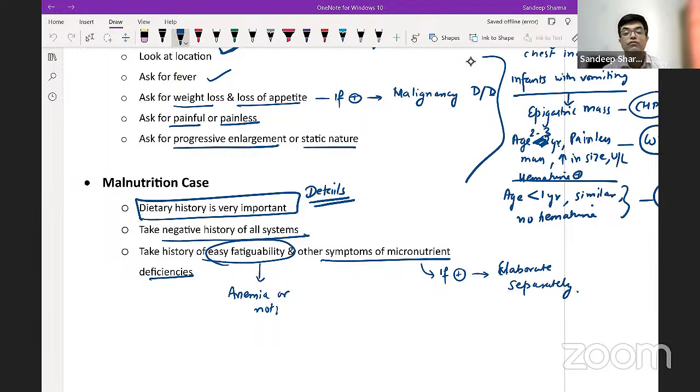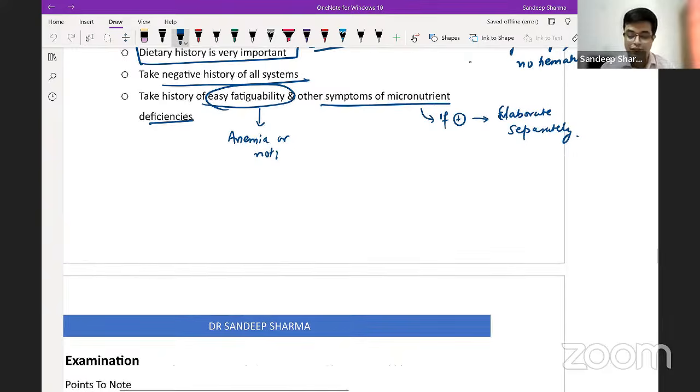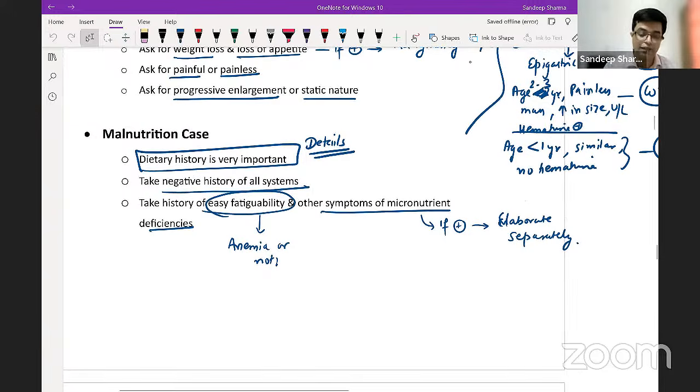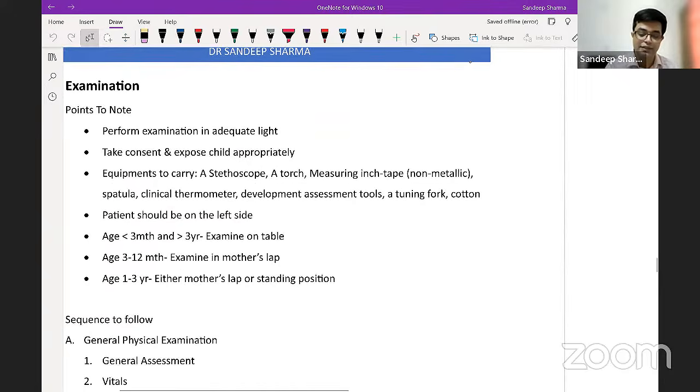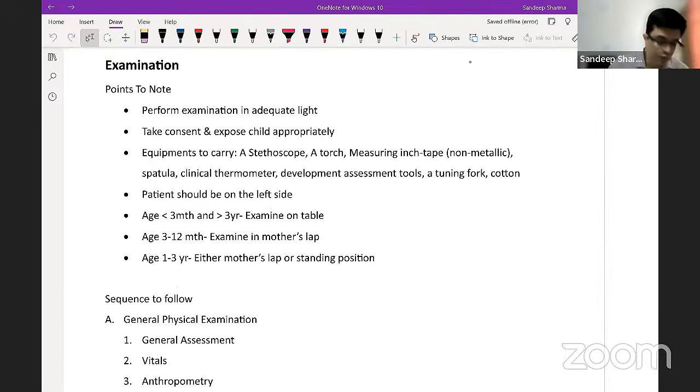CCF can also be a feature of wet beriberi in the patient. So a detailed negative history of all systems needs to be taken, and you need to correlate it with the specific findings, with the location of the illness that is causing the disease. So these are some of the examples I wanted to discuss, the points related to individual systems and cases in history. So we move into the world of